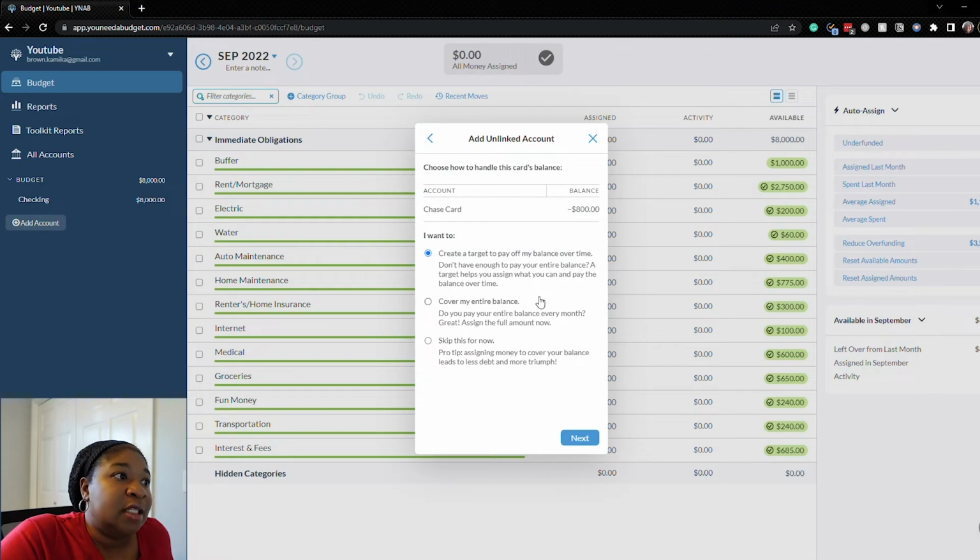The second option is if you have enough money in your checking account currently to cover your entire credit card balance. So this is the one that they want you to use in all situations, but I know not everybody's able to do that. So the first option is there for that reason. And then the last one is skip this for now. So for now, we're going to do skip so that we can just talk a little bit about how credit cards work first. So we'll do next